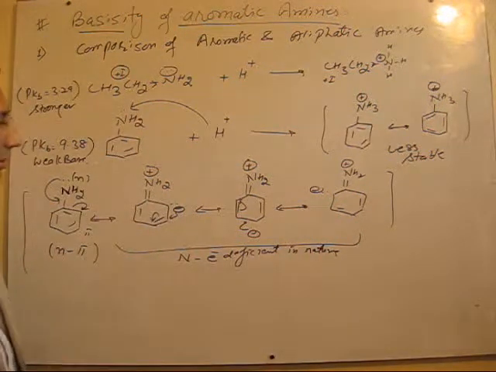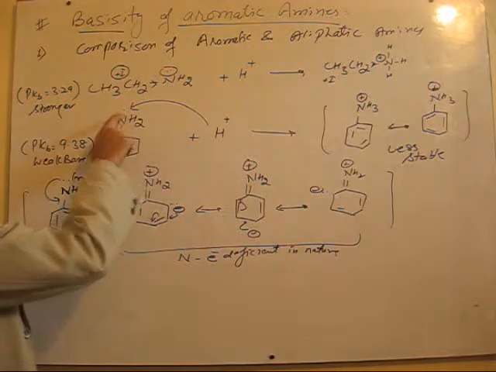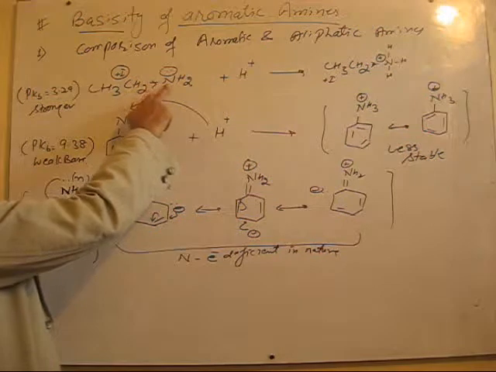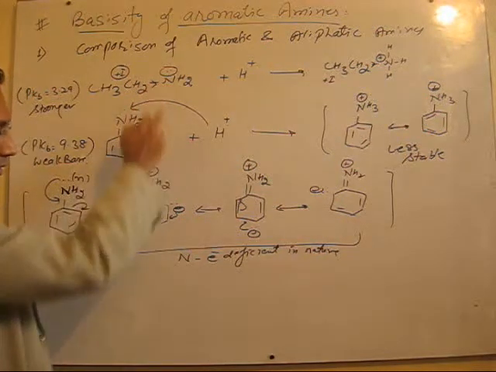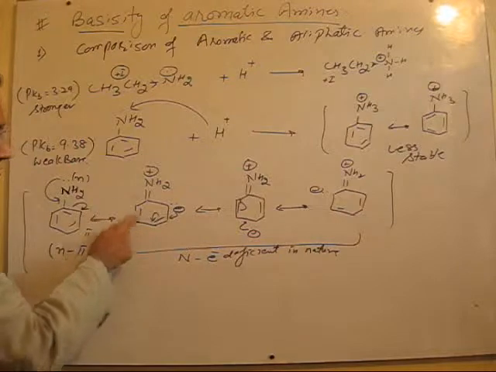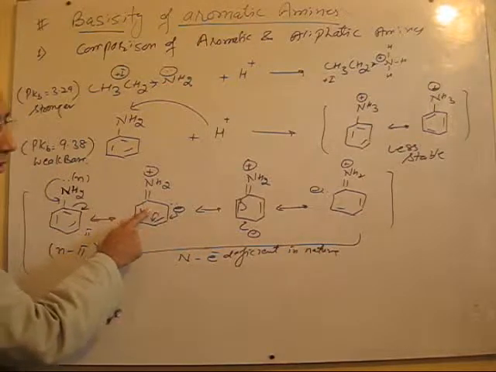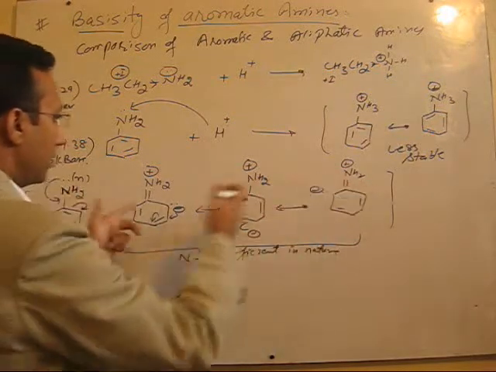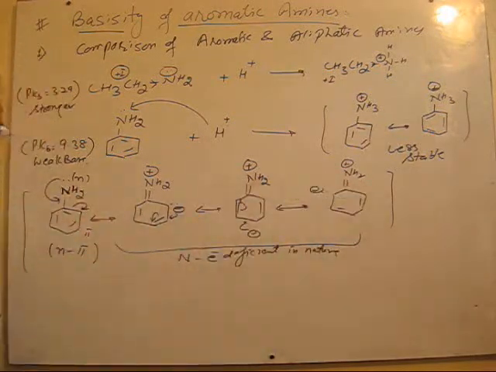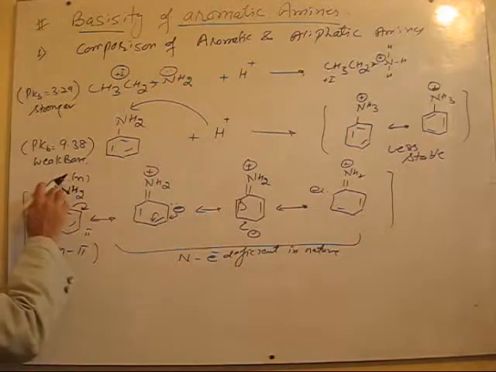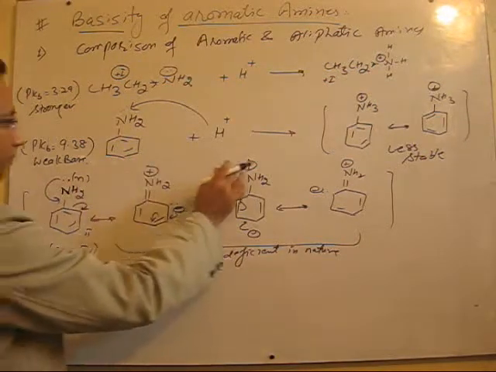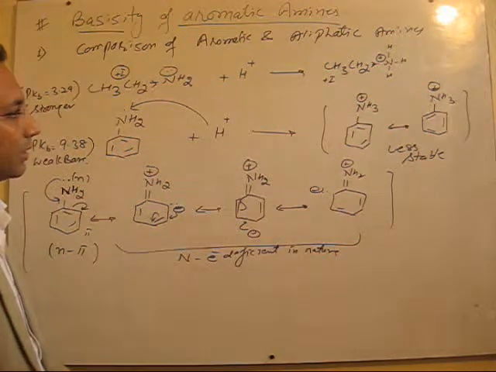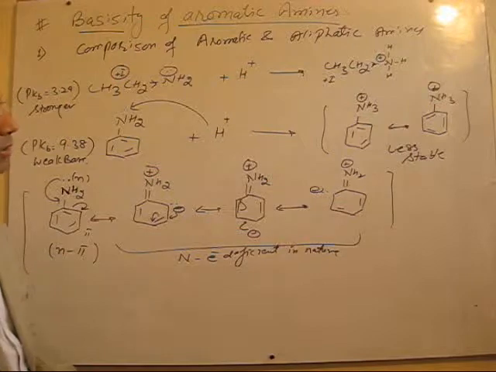Or in other words, you can say that the availability of the lone pair on nitrogen is less as compared to the case of ethylamine. This is due to the presence of resonance, as nitrogen is directly linked to the benzene ring, right? So because of this effect, if you combine all these structures, that will give you the resonance hybrid of aniline, and you will see that there is electron deficiency on nitrogen, which shows that it's a weaker base as compared to ethylamine.